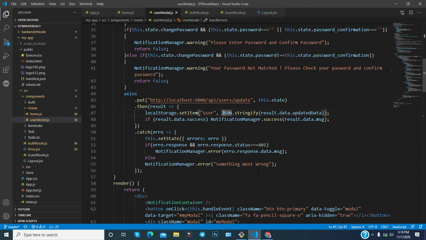Like for the authentication process, JWT authentication process, if the user is logged in, then they will get a token, and for using any protected resource, they need to pass the token to the backend. Now, if the user provides that token and the backend verifies the token first, then they will proceed with the request. Okay, so this is the basic process of authentication, but here it is not like that.